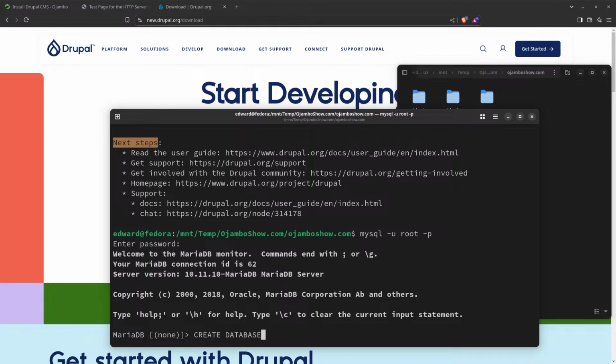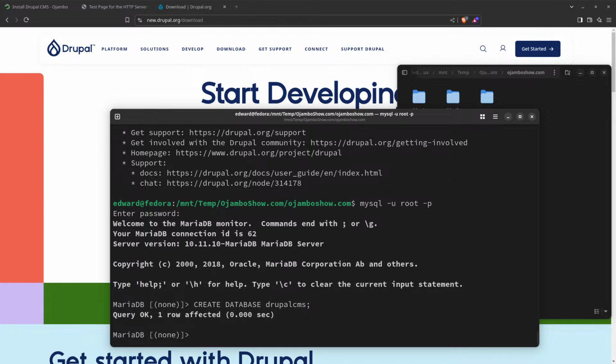So what I'll do is create a database. I think I already have a Drupal database, so I'll just call it CMS. I hope I don't have something called CMS. I'll call it Drupal CMS. Okay, Drupal CMS. We need a user, so create user. Because I'm local, I'll give it the same name, Drupal CMS